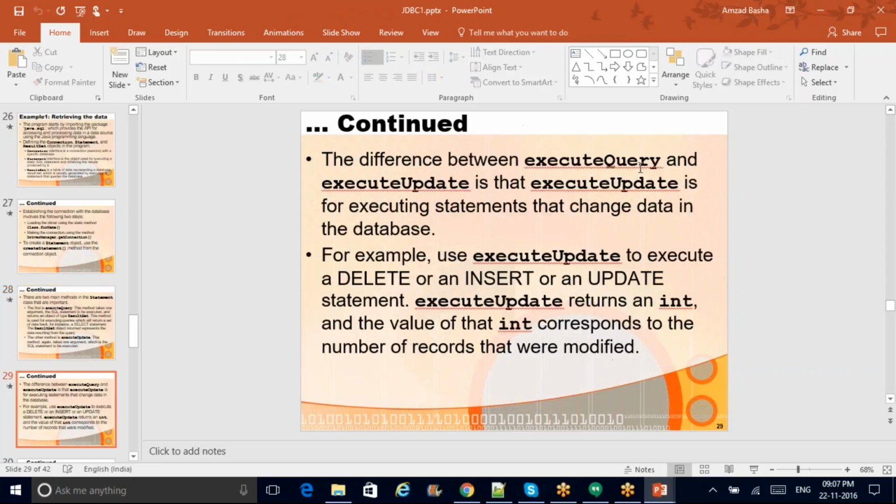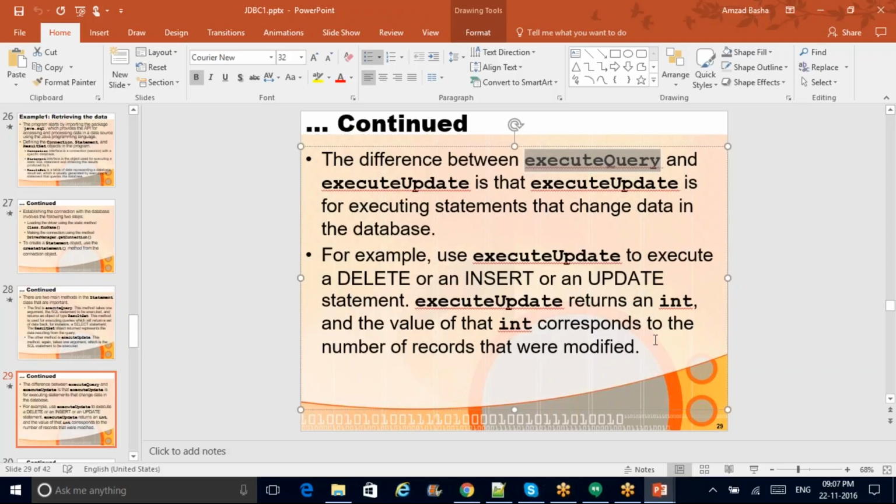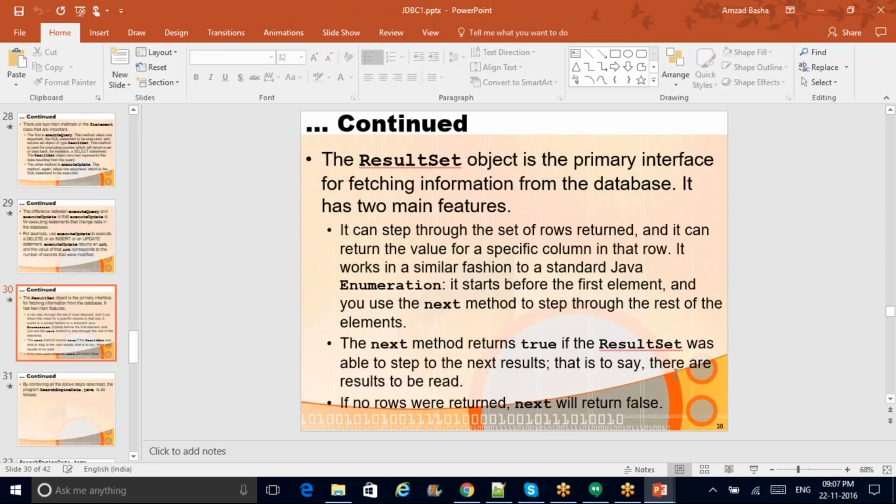So executeQuery is going to return you the result set, whereas executeUpdate is going to return you an int value, which is nothing but the number of records that got affected because of the statement that you process by using executeUpdate, right? So that is the basic difference. And your result set is to be considered as the primary interface to fetch the information from your database,